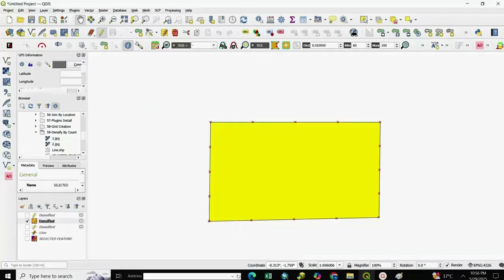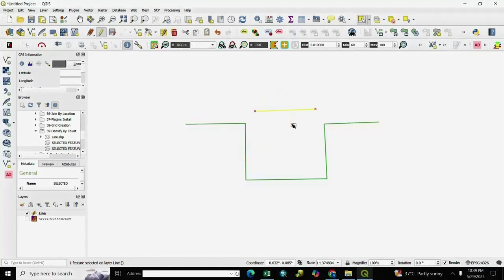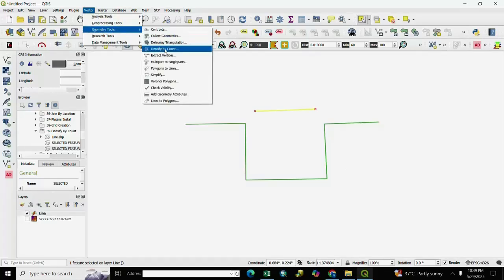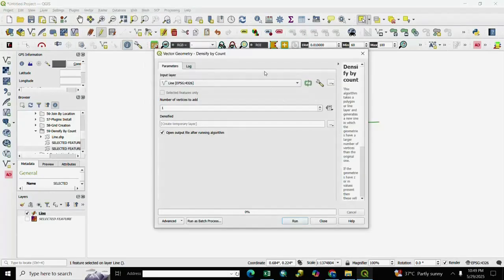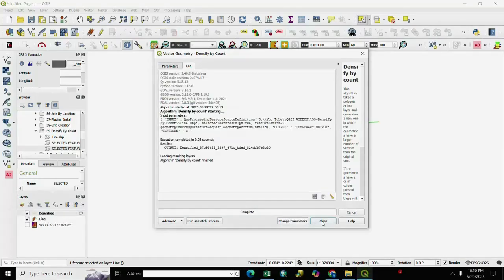So let's start. Here is a line, a single line and here is another line. So if you want to densify by count, we select it and go to vector, geometry tool and select here densify by count and we select here line, selected features only. We enter number of vertices 3,